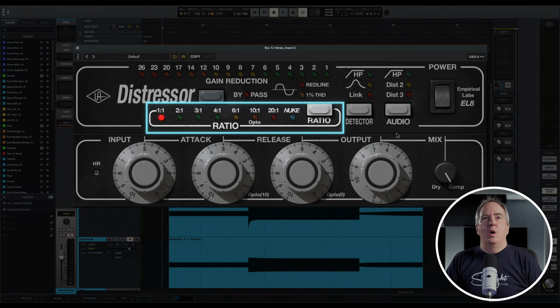We can do that with the Distressor, and it's really cool. Next up is 2-to-1, 3-to-1, and 4-to-1. These I mentioned earlier when we were talking about the attack setting. These are 3 modes that have the fastest onset of compression. Then we have 6-to-1, and then 10-to-1, which is opto mode, when in conjunction with the attack